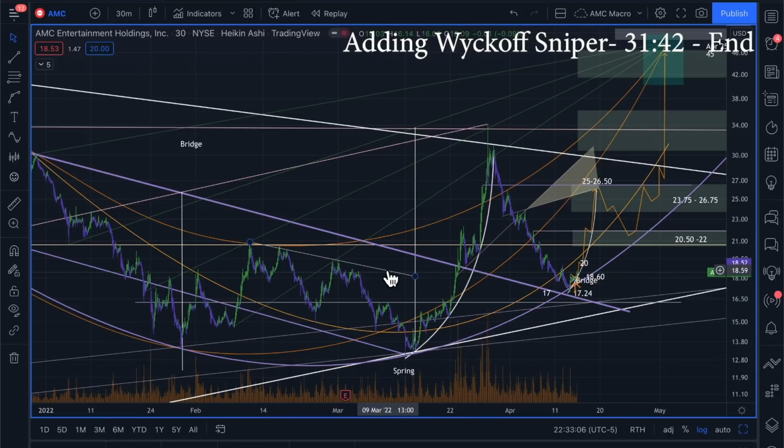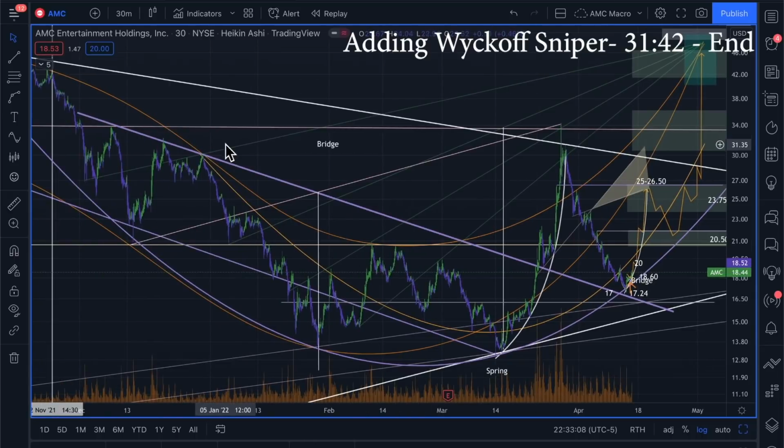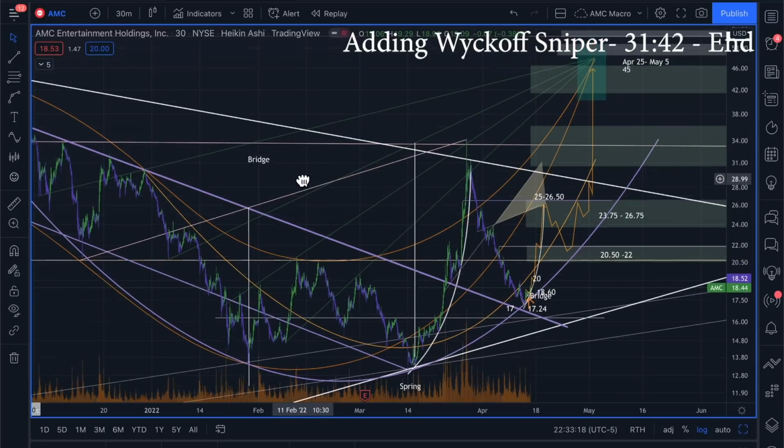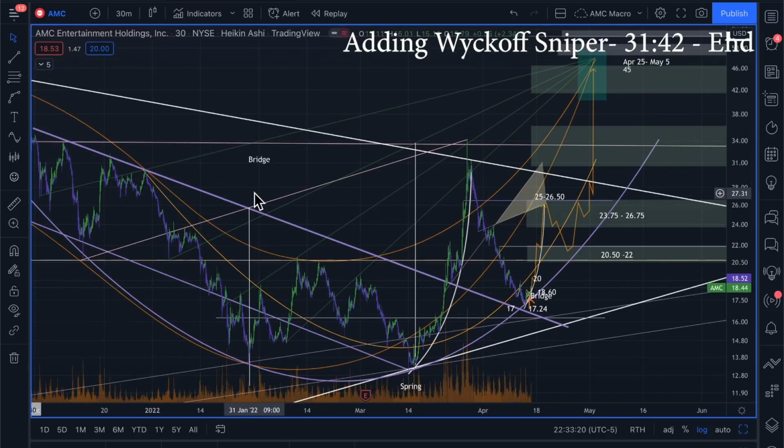So I have to see that bridge start forming, right before the bridge. That would be identifying that fore top and then that hook, and then you could probably make a prediction. I mean, you could have predicted this right here, almost perfectly. But you can't do it without knowing specific touch points.